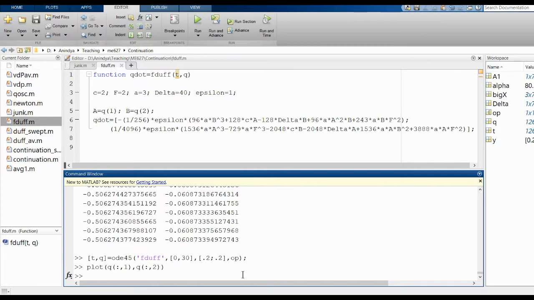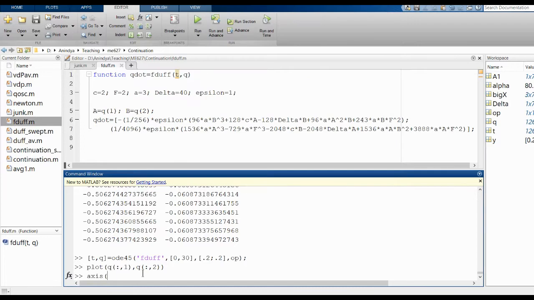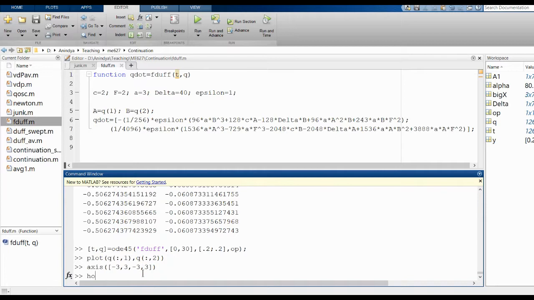Let's see the figure. Okay, so there we have something going there. We will have to try to understand that a little bit better, but this is not a small amplitude solution. So here A is small and B is negative, something is there. We are looking at this now, but I will say axis minus 3 3 minus 3 3. I'll get a big axis here. I will say hold on,